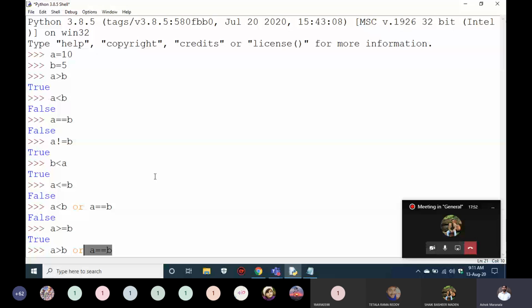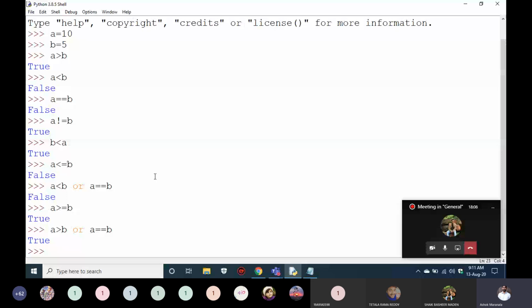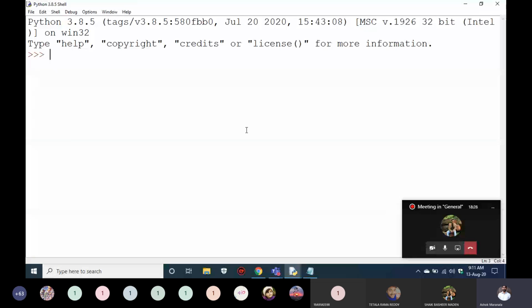You got the point. And this is how the relational operators will work. You can get the relation between them, whether they're less or greater, or they're purely equal or not equal to, right? Whether they are less than or equal to. That means we are getting a relation between these two different data. So this is about relational operators, and we have another type of operators called logical operators. That means logical AND, OR, and NOT. Okay, we have three different logical operators.